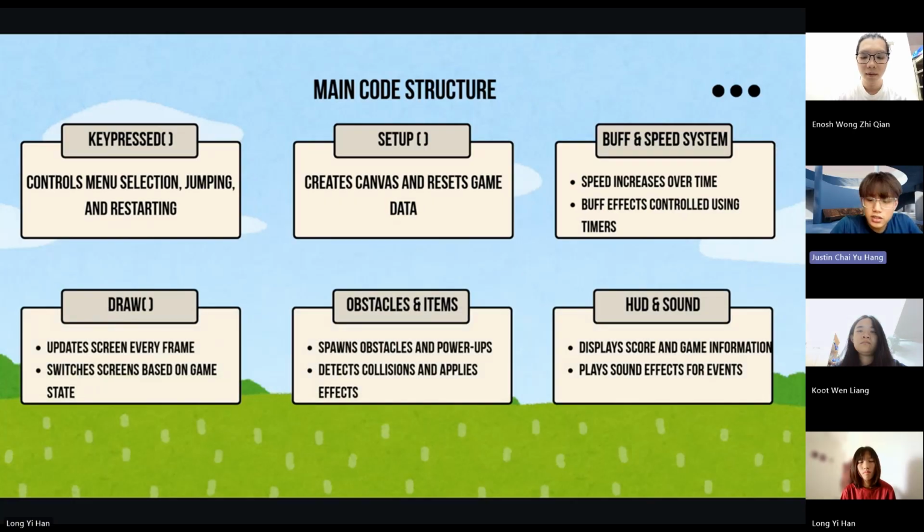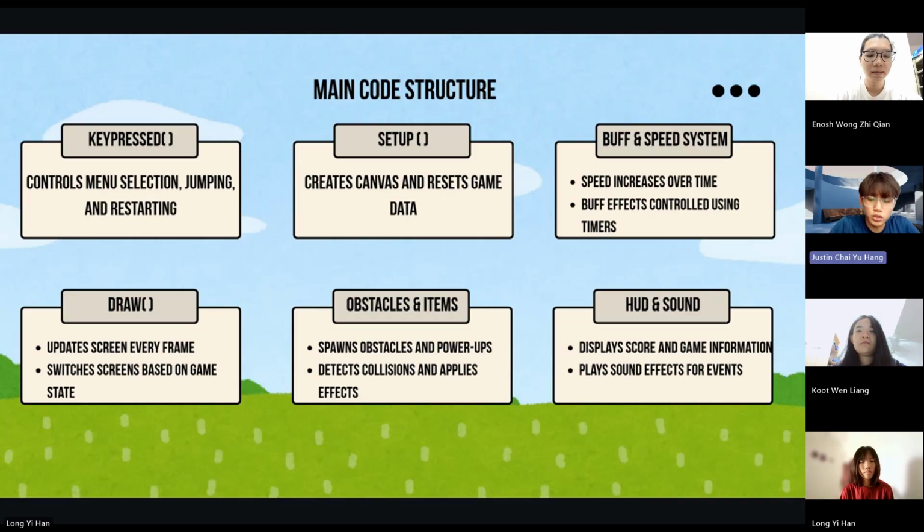So this slide shows the main structure of the game. The first is the setup function. The setup function creates the canvas and resets all game data when the game starts or restarts. The draw function updates the game screen every frame.